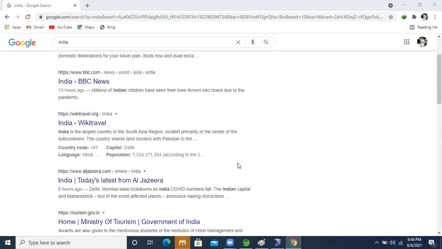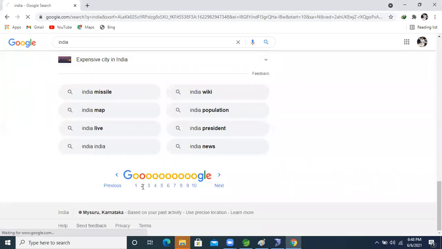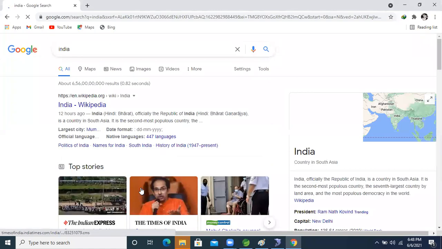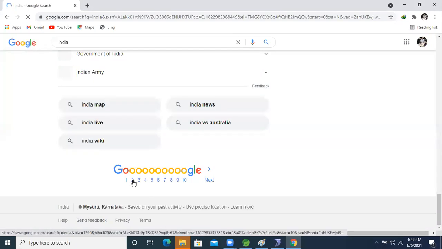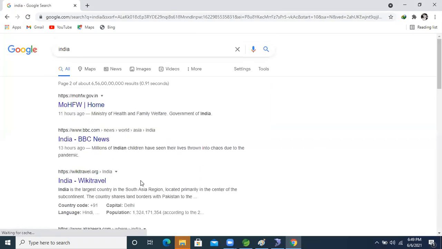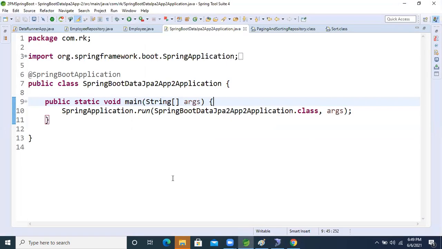After that, what will we do? Next page we will expose in the next page, right? Like clicking 1, 2, like this. If we are giving these services to the end user, this is nothing but pagination in the application. Here we will see it based on the console only.